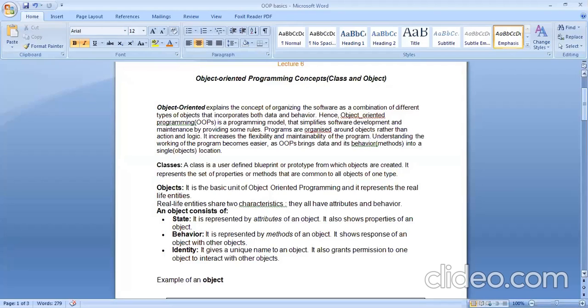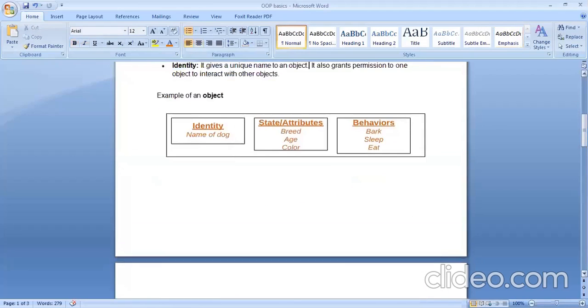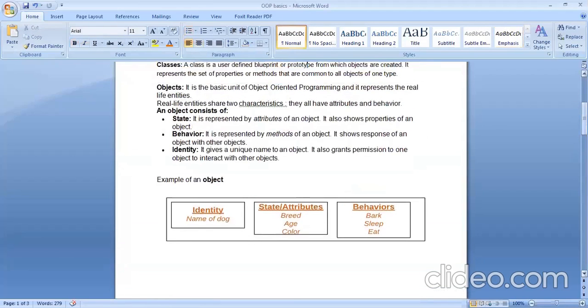Now we shall understand classes and objects in a more detailed manner. Just as I said, first we will try to understand what an object is. So what is an object? Anything that exists physically, anything that has got physical existence, is an object. Dogs, human beings, plants, cars, everything is an object. An object will have certain properties that describe it, and we call those attributes.